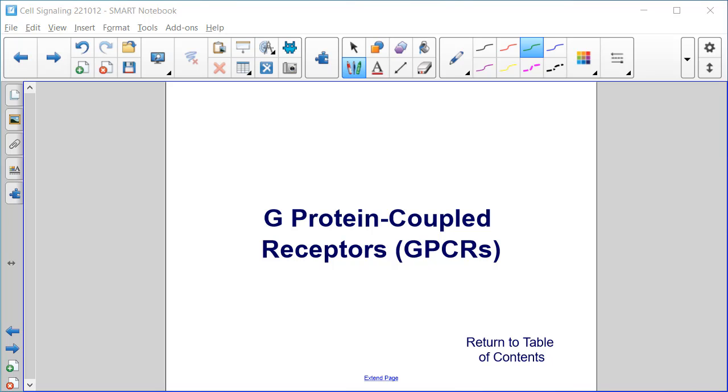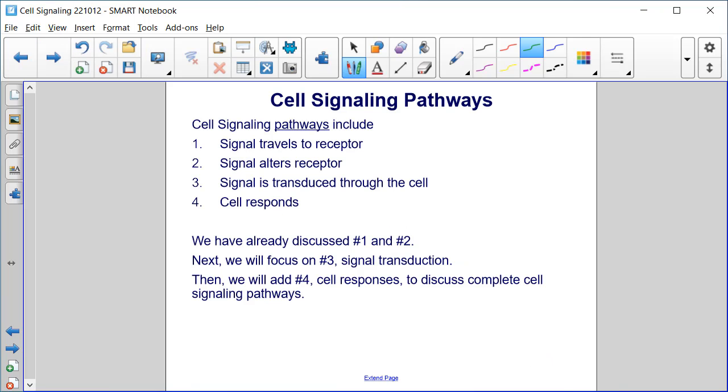G protein-coupled receptors, or GPCRs. Cell signaling pathways. Cell signaling pathways include the 4 steps we talked about previously, where the signal travels to the